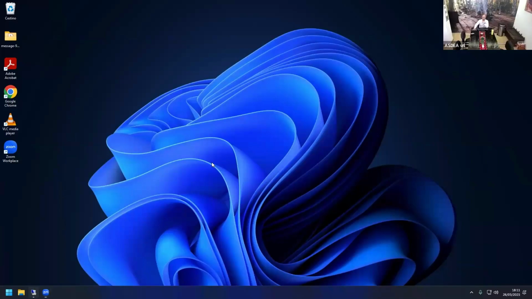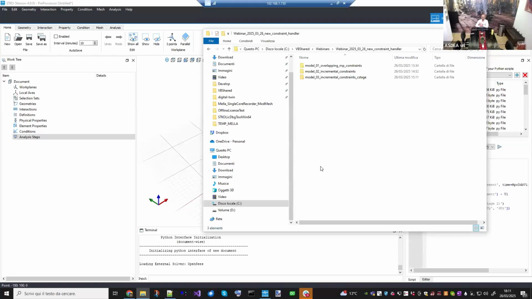Okay. So this new webinar is about some new tools that we implemented regarding the constraint handler part of the analysis. And on the first half of the webinar, I will discuss the new constraint handler that we implemented, which is the automatic constraint handler. And then in the second part, I will show you a new feature that now all the constraint handlers in OpenSees have, which is the ability to